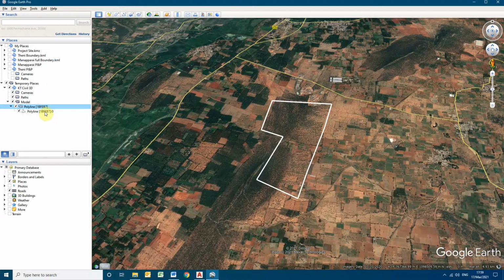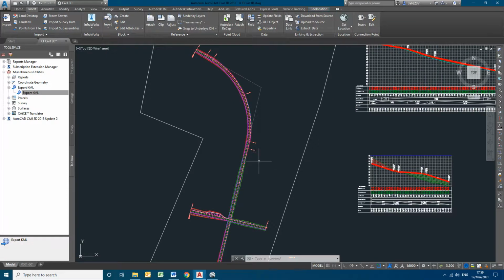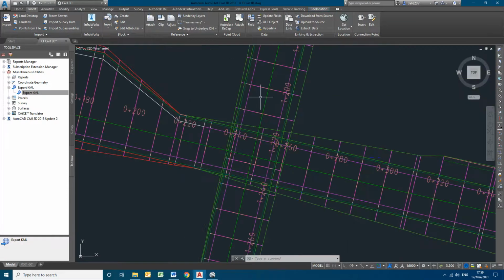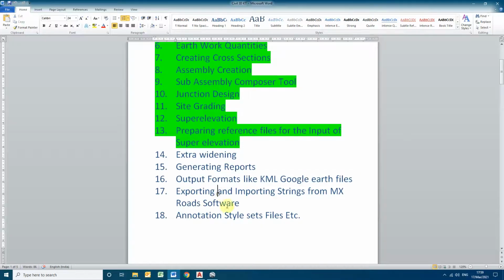Once our work is completed, we can export all the files into a 2D CAD file. Once the 2D CAD file is done, we can open it in Civil 3D, assign the coordinates, and the same thing can be done with the 2D elements. This is how we can export the data to the Google Earth file. Now similarly, we can do the exporting and importing of the strings from the MX Road